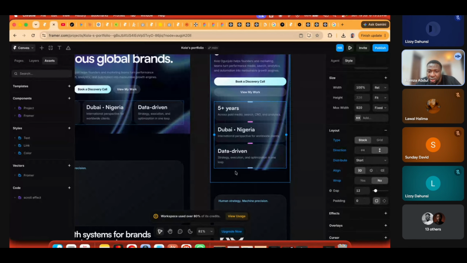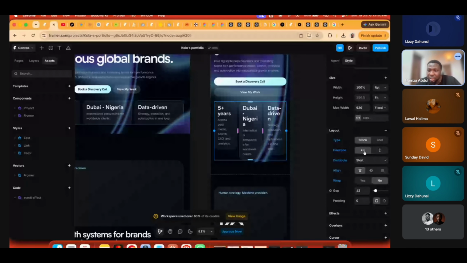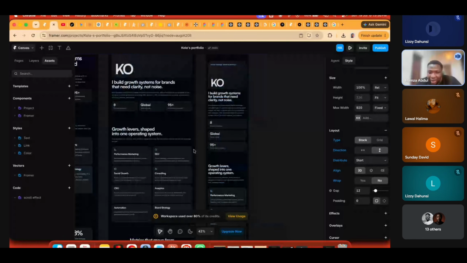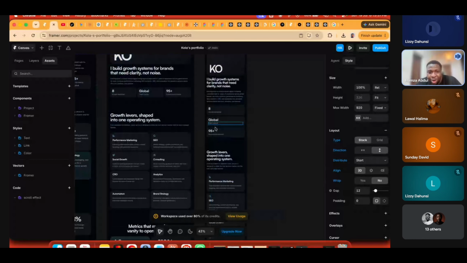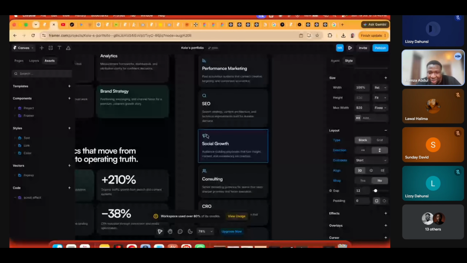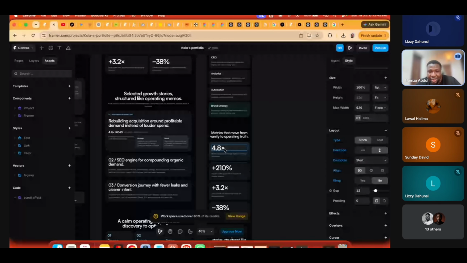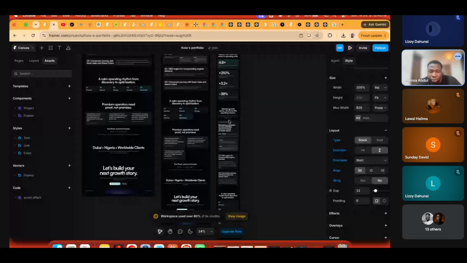If you click on the frame, which is the container holding the elements, you see the direction. I can change it to horizontal, or I can make it vertical. That is what the AI just did. I was hoping it would make some errors that we could come and look at and use to fix some things, but I'm shocked that it has actually built everything well.